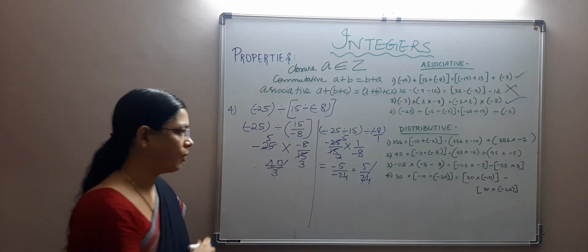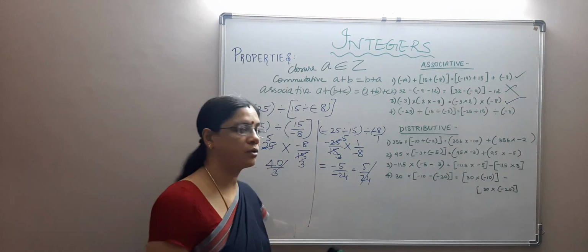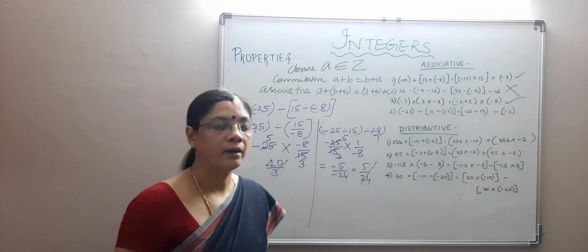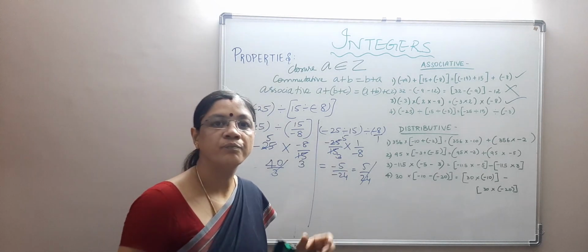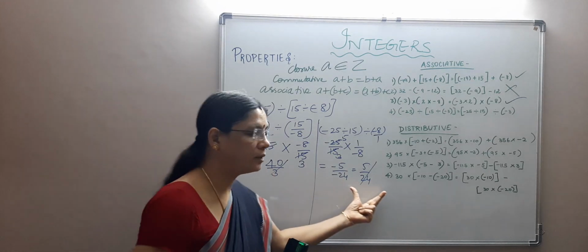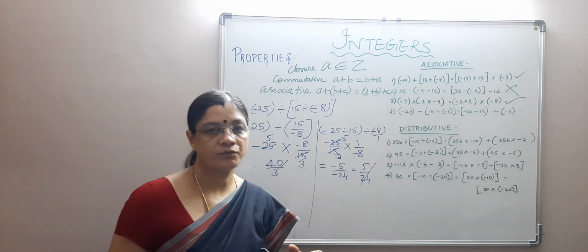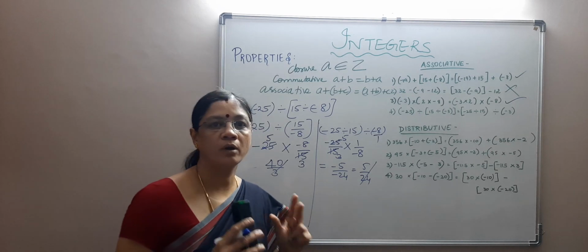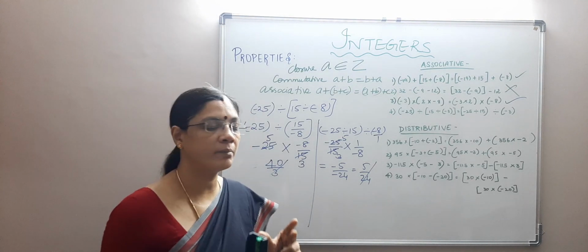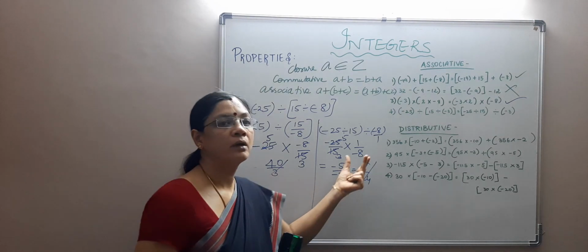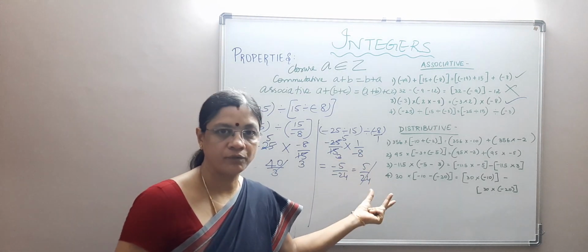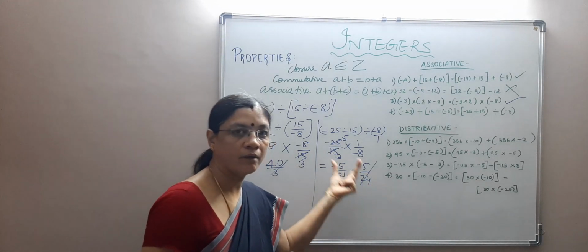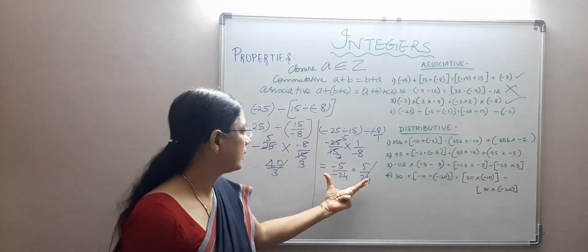But these two are not equal. We know 40 by 3 is not equal to 5 by 24. I have taken this example and you have got it in fraction just to show you that the answers are different for division in the case of the associative property. Okay, so when you are given problems from your exercises or in exams, it will be much simpler for you. You will be able to get an easy answer out of a division which is easily divisible. Just to show you the results vary, I have taken a random number.